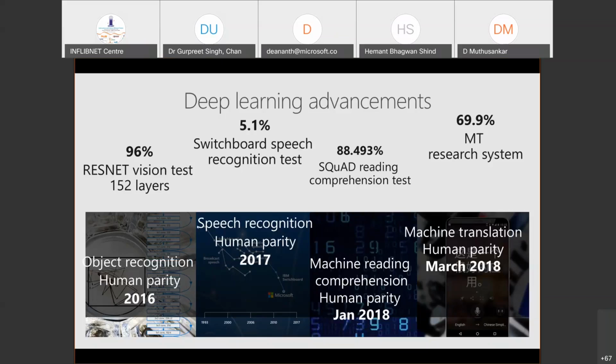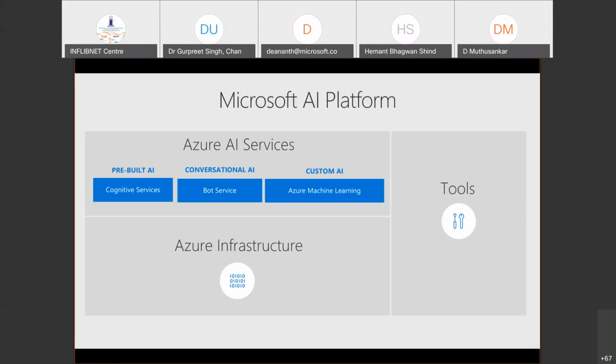So what is there in the Microsoft AI platform? Which is what we are going to talk about in the next hour before we open it up for questions. We have got pre-built AI, which is cognitive services. In true Microsoft style, when we introduce a service, we want it to be used the most. So we have introduced a host of APIs, which you can call from any programming language of your choice into any environment, and it offers built-in intelligence. Now, alongside pre-built AI, there's another asset called conversational AI, where we can spin up a bot in a few minutes, and then we can fine tune it to do much larger things.